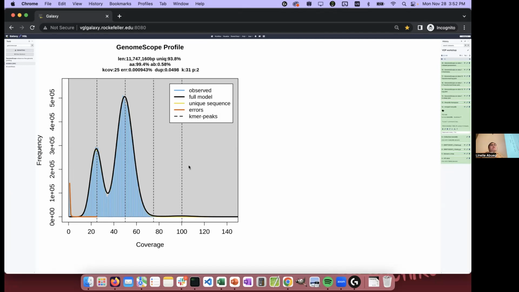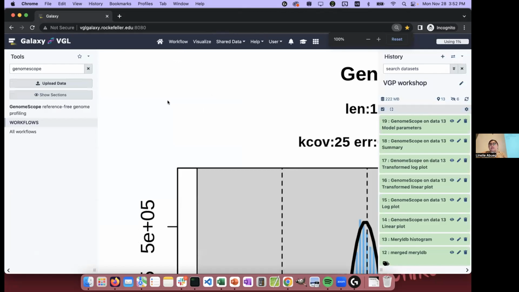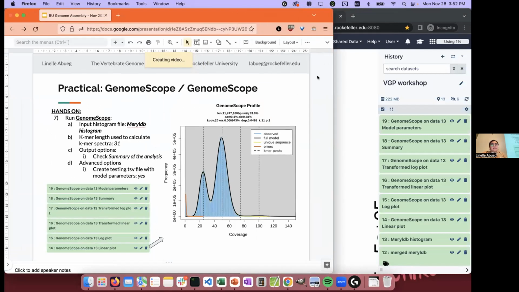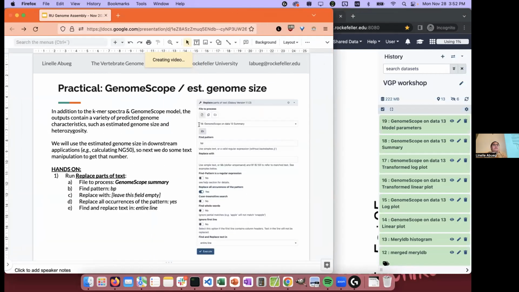As I said before, we're going to need to parse some of these parameters because, for instance, we want the genome size for later on. We want to use that to help calculate NG50 and the NG statistics. So I'm going to pull up my slides for those steps. So we'll use the estimate. Basically we just do some text